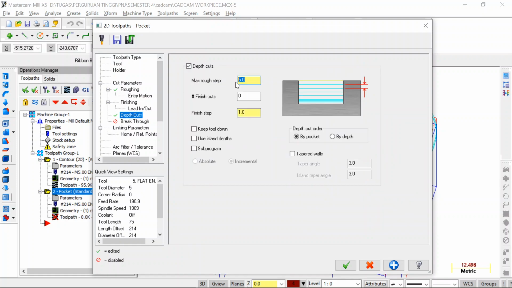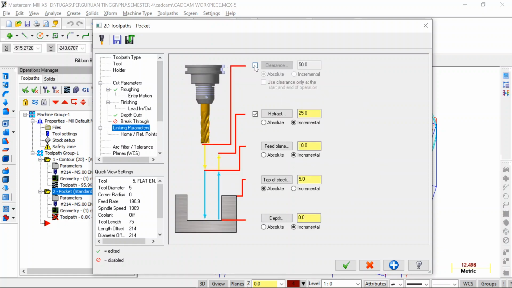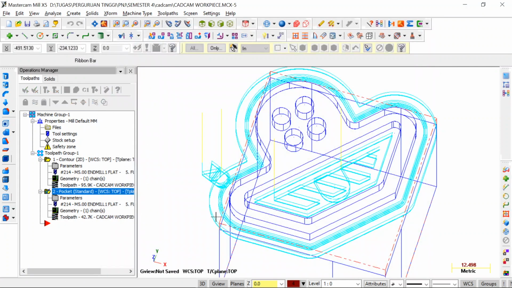Maximum rough step is the same, 3, and then we want to make finish cut 2 times, and then the finishing step with 0.2, and then we keep tool down, and then going to linking parameters, we turn on the clearance. We're going to make all of them absolute, and the depth is 0. Okay, it's already done, and it will appear the toolpath here, and we simulate them.